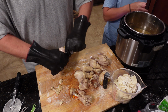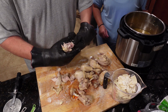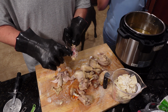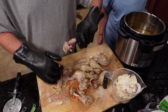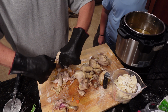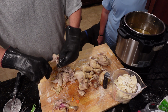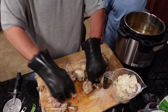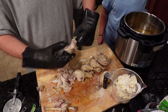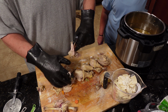Let's see, 2 and like a half. But your chicken's still going to get more cooked. The pinkness here, I know a lot of people think, oh, it's not cooked. No, it's cooked. That's just marrow. And don't forget, you can use chicken thighs, you can use a whole chicken, you can use whatever chicken you got